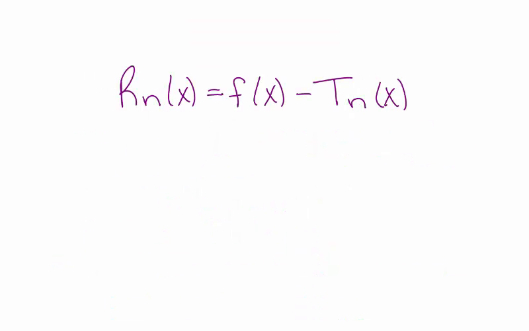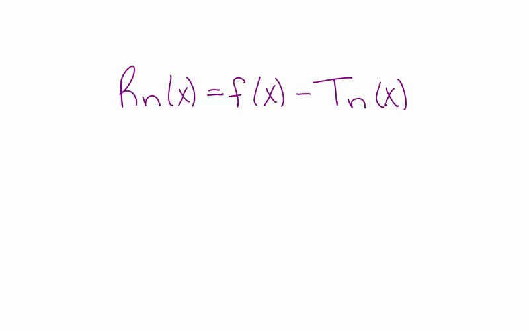We can also explicitly determine how good our approximation is as well. Recall the remainder, Rn(x), equals f(x) minus Tn(x). If we obtain an upper bound for Rn(x), then we can understand how accurate our approximation is. We can also determine how large of n we need to minimize the error when approximating f(x) by Tn(x). Fortunately, we do have an upper bound for the absolute value of Rn(x), thanks to